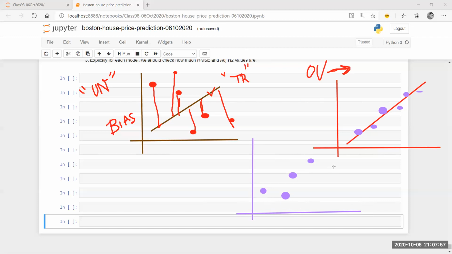An overfitted model will not be a linear model. It will be something like this. Let me just change my color. It is going to look something like this. It has captured the pattern so well that it is no longer a straight line, right? But a generalized model, what I expect to have, will be something like this. A good model will be something like this. But maybe I have got a model in some case which is something like this, right? So I will call this green line, this green line I'm going to call an underfit model.